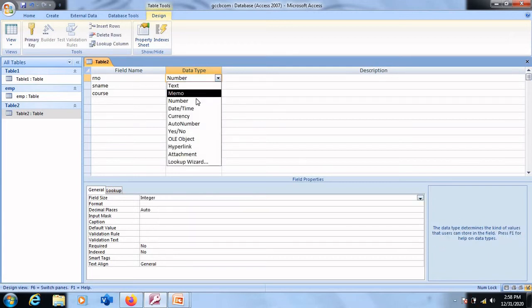The next one after number is date and time. Date and time field allows storage or entry of date and time information. The date and time field also now includes an auto calendar feature, which means if you select the data type as date and time for a particular column, when a user clicks on that column, MS Access gives the option of displaying dates of a particular month. So users can select a particular date from a given calendar. MS Access displays the calendar to make the selection of date easier for a user.